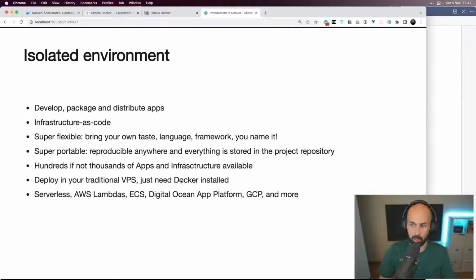But also it will enable you a new world where you will be able to do serverless, AWS Lambdas, or run your containers in ECS or EKS for auto-scaling of your stuff. You don't care about infrastructure and they do it for you. So these platforms as a service, like DigitalOcean also has, Google Cloud Platform, and more.